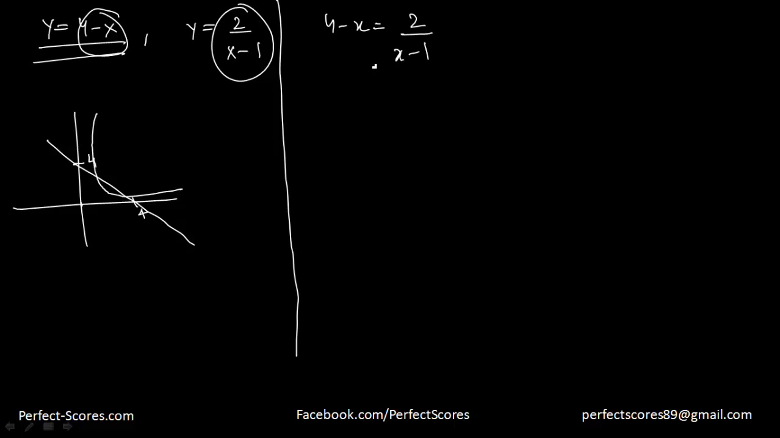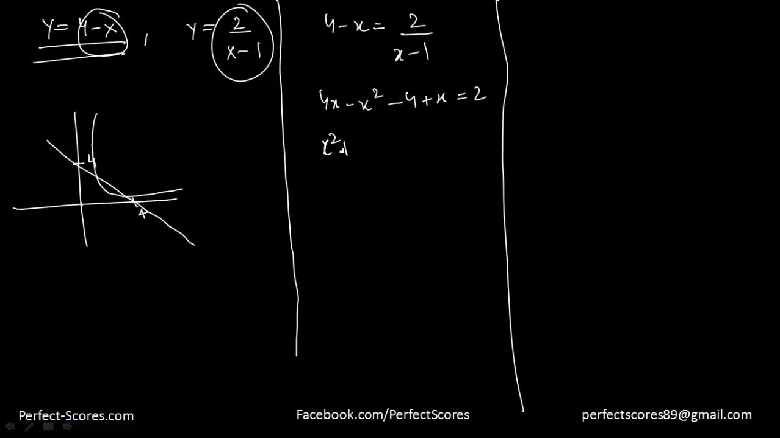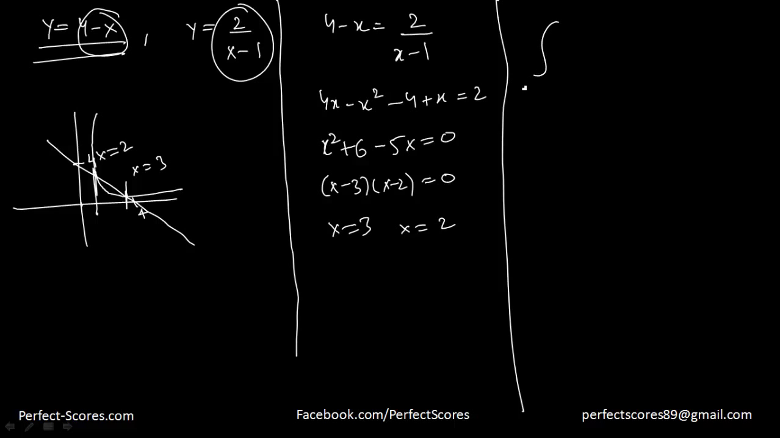From this, that's going to be 4x minus x squared minus 4 plus x is equal to 2. I'm just solving this right now. If I take the x squared to that side, I'm going to have x squared plus 6 minus 5x is equal to 0. So this is going to be x minus 3 into x minus 2 is equal to 0. That means these both are going to meet at x is equal to 3 and x is equal to 2. If I have to find the area, it will simply be all the way from 2 till 3 of